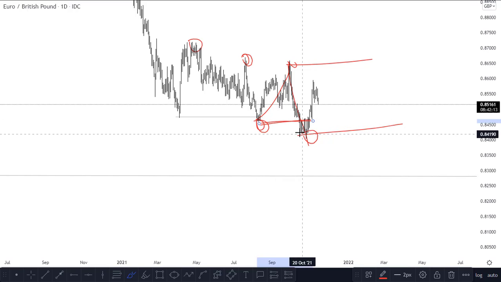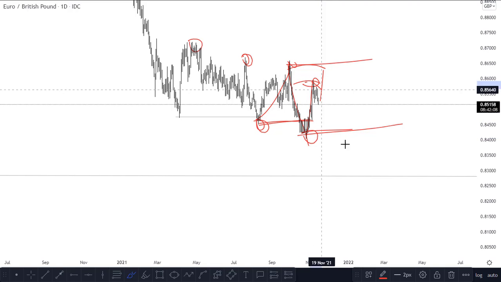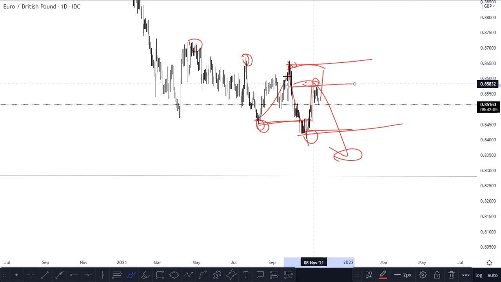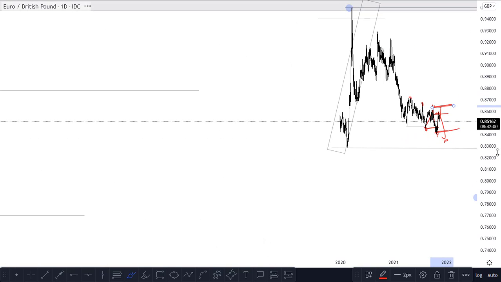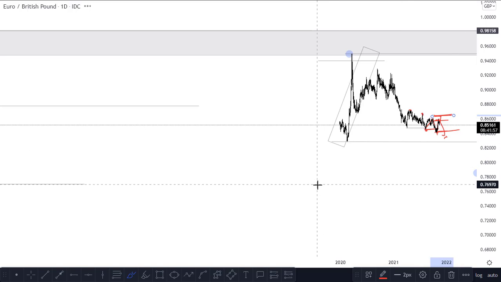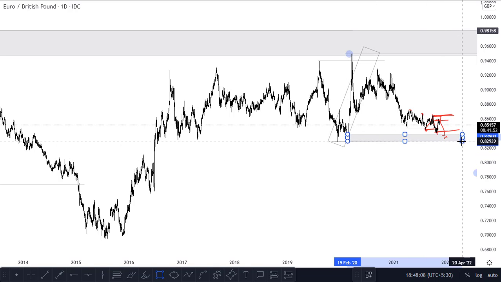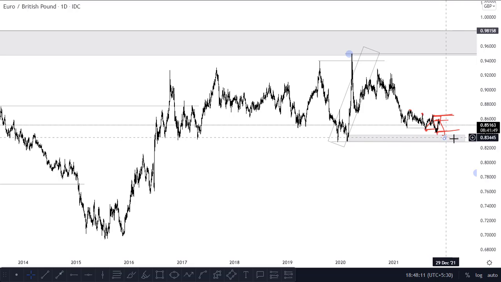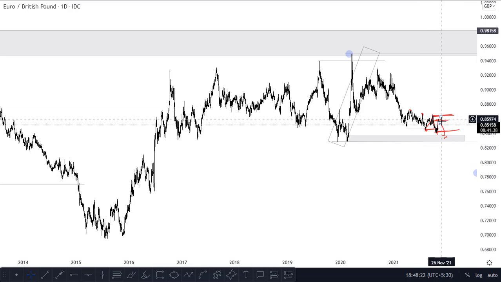You focus on this level, because you're going to have this pullback giving you the opportunity to go down. So this is how to deal with the market using ranges only, and you know exactly what the market is doing and the intention of the market. Knowing that you are limited to this area until the market breaks this low, because you have a kind of bullish range in this area. But knowing that this can be a successful distribution, which may result in a strong downtrend in the future, because